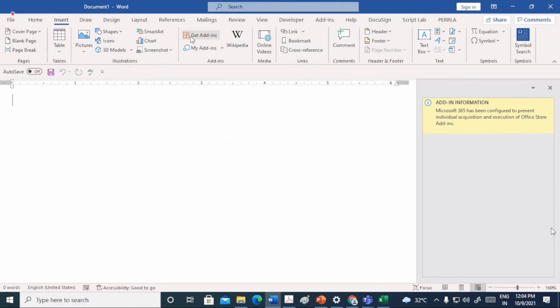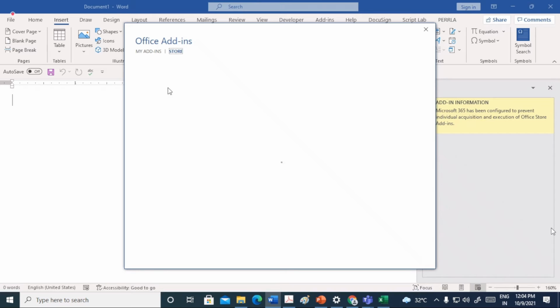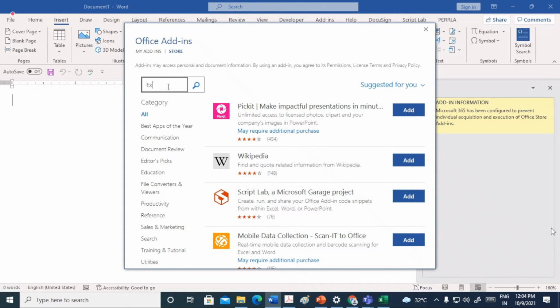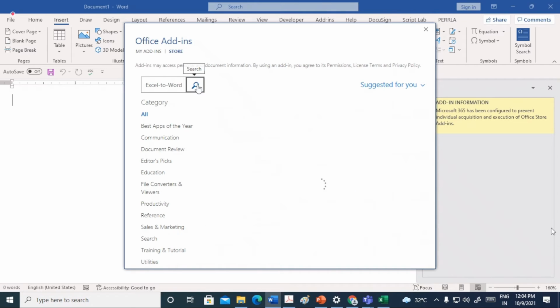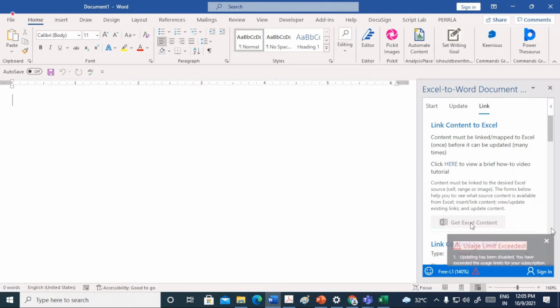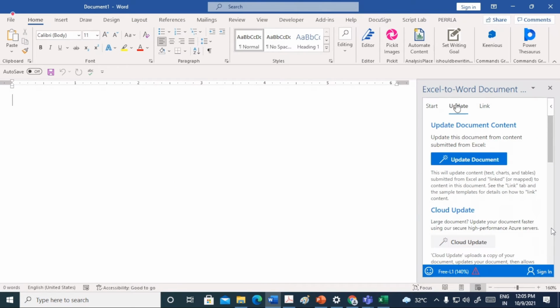Then let me go to the get add-ins. No, it is still not allowing me.